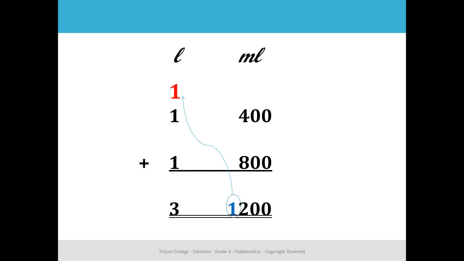So when they ask for liters or 1000, you have to give it to liters, right? So I have shown in the slides, you have to carry that extra one to liters and add all the liters now. So 1 liter you got from milliliters, and with that one, total liters are 3 liters.